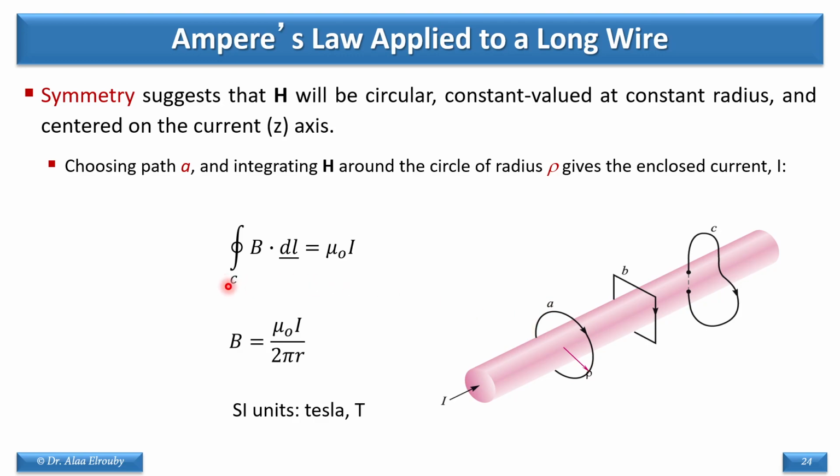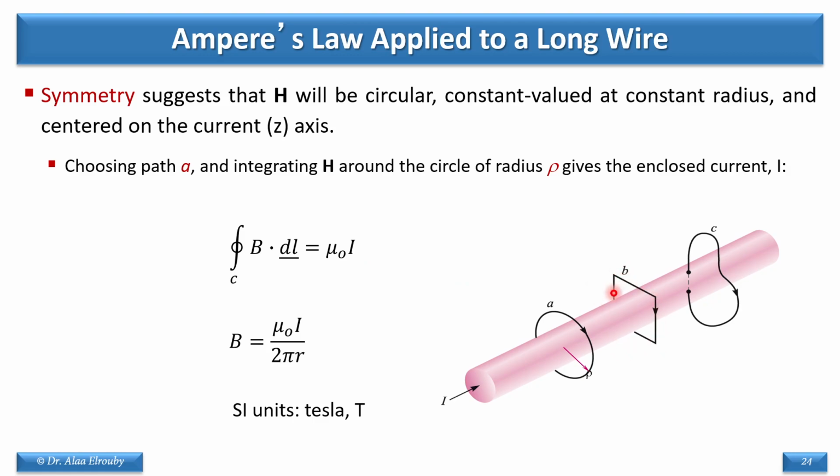So if we choose our contour to be a circle centered on the axis of this wire, we can say that the integral of B dot dl equals B multiplied by 2 pi r, and this will equal mu naught I, and we found the magnetic field quantity using Ampere's law. If we choose the contour to be a square, Ampere's law is still valid. B dot dl along this contour will equal mu naught I,